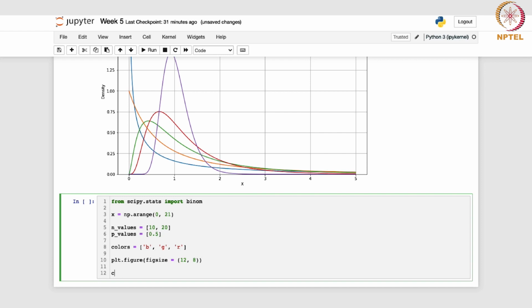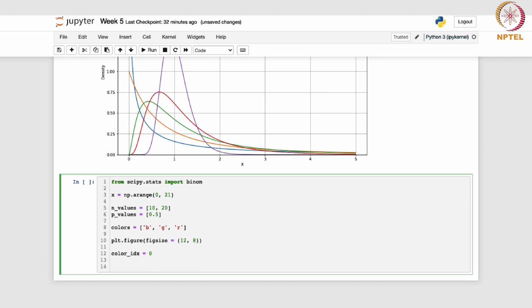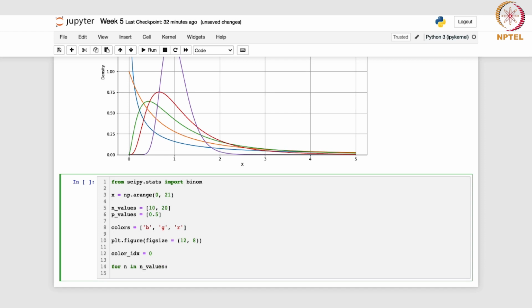Now we will just take this also, color_idx, so it would basically be indexed for cycling through these different colors. Okay, so color_idx, we are specifying it as 0 as of now. Now we want to create a loop that would iterate through different values of n and p. So for that, for n in n_values, okay, and for p in p_values,